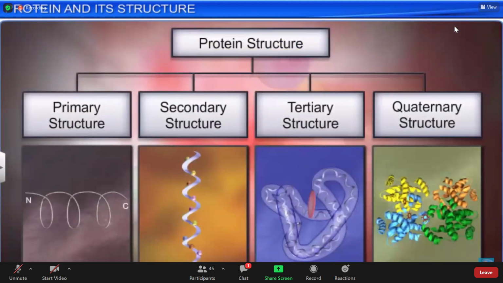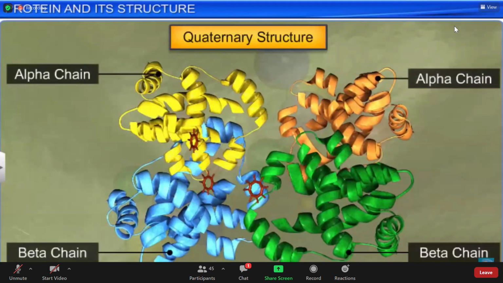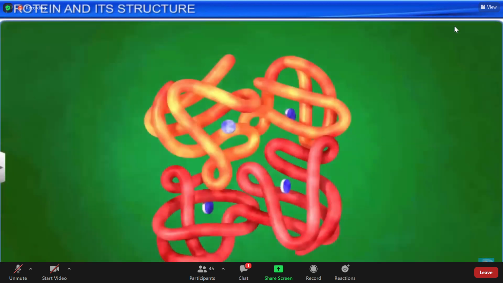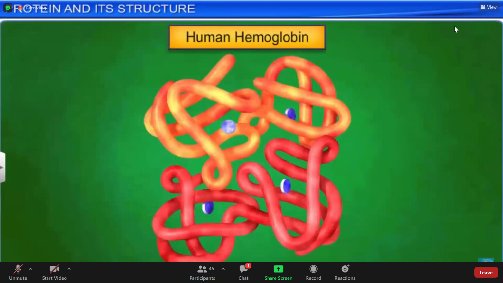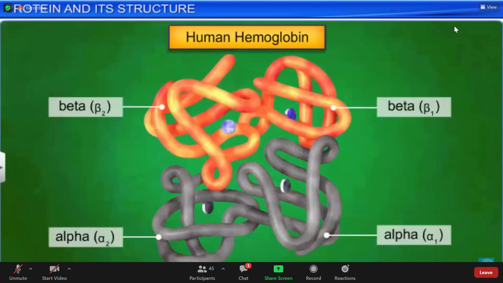The fourth level of protein structure is the quaternary structure. This structure is formed by several protein molecules or polypeptides, also known as protein subunits. These subunits are arranged as a linear string of spheres arranged one upon each other in the form of a cube or plate. For example, adult hemoglobin consists of 4 subunits, 2 of which are identical to each other. Therefore, 2 alpha-type subunits and 2 beta-type subunits collectively form human hemoglobin.